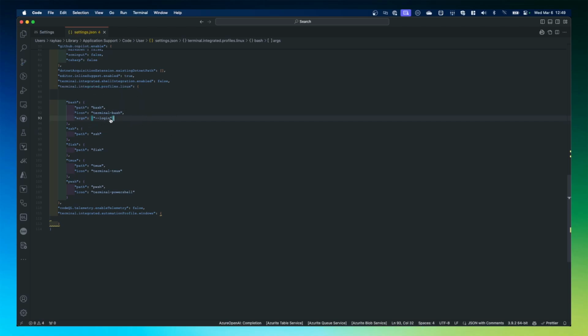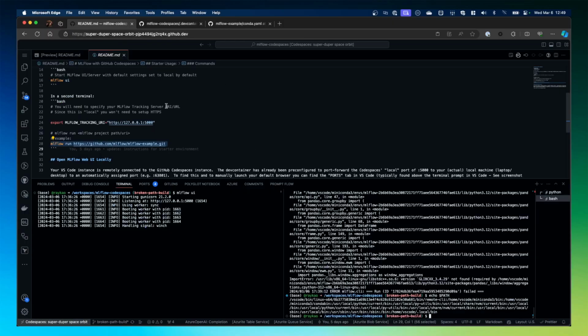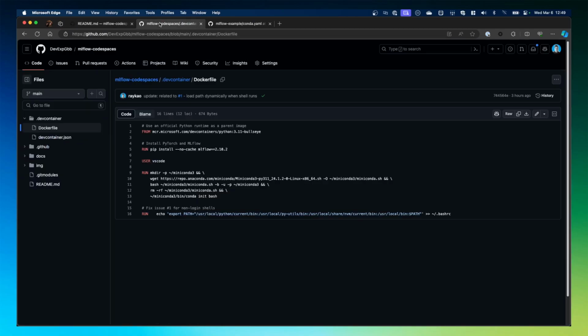But this doesn't help you if you're running in the web version. So the arguably more elegant solution, instead of forcing a login shell and therefore getting the right experience and having your MLflow experiments run appropriately, the actual fix, if I go back to my browser, is to modify